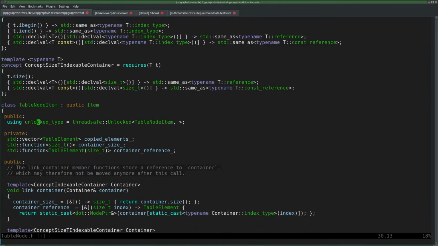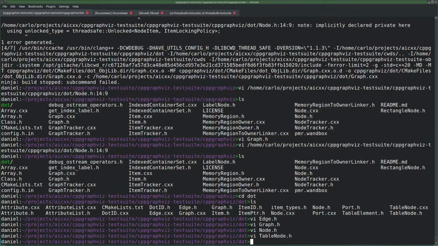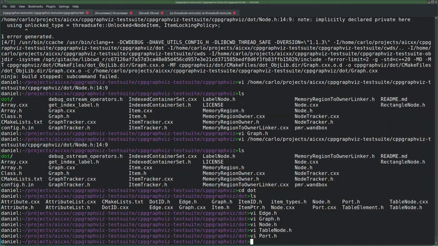Item locking policy, everything always the same thing. Port something like that? I don't think so. No, port not. Port is something else. That's it.